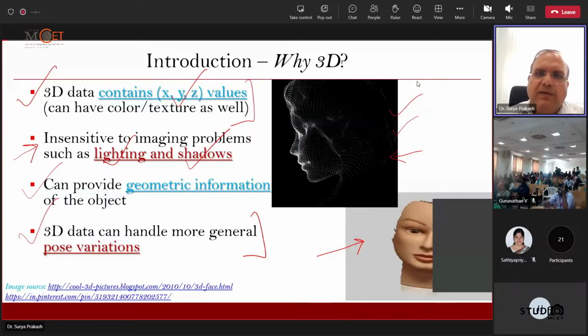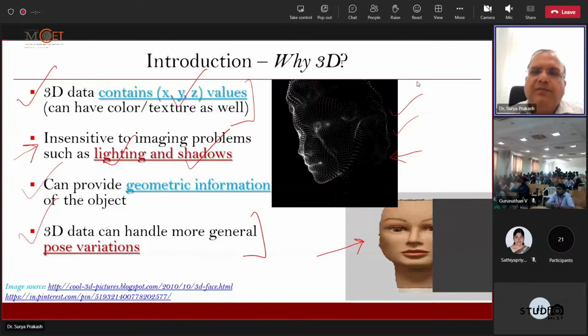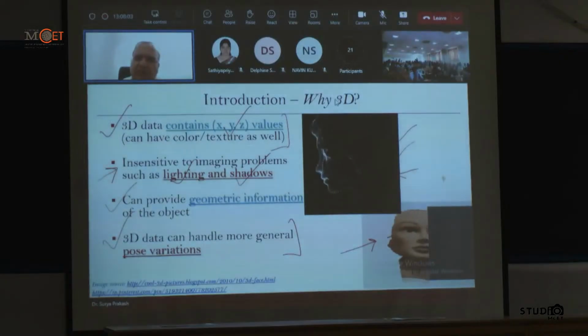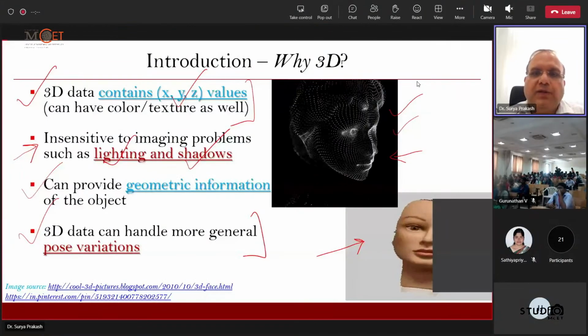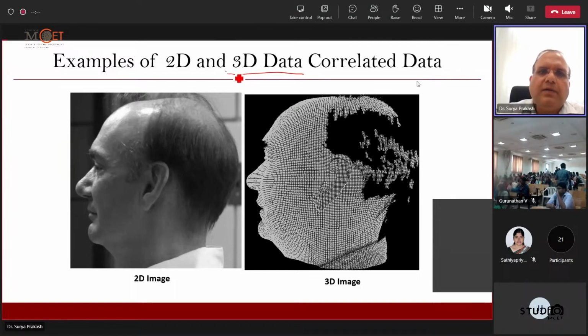There are some advantages we have with the 3D data, and that is why we are trying to explore how to use 3D data when we are using deep learning. Okay. There's another good thing about the 3D data that we see here. So sometimes 3D data is used alone, but many times we find that